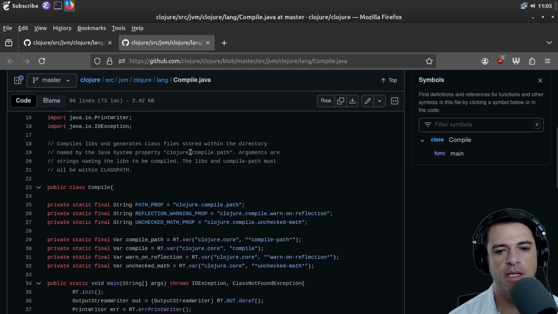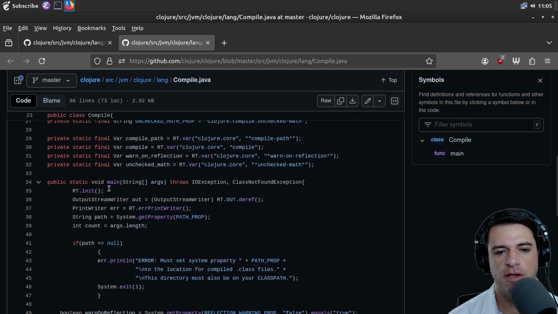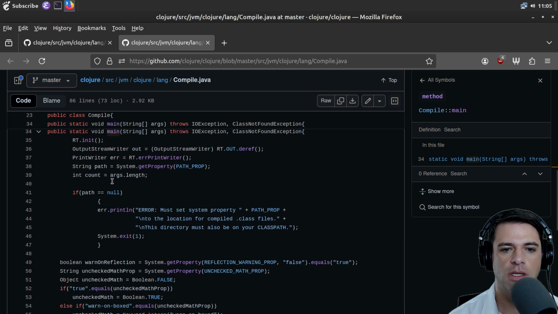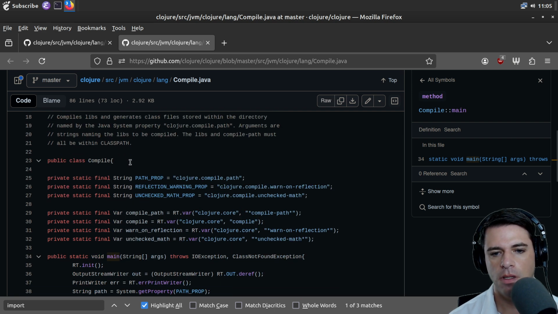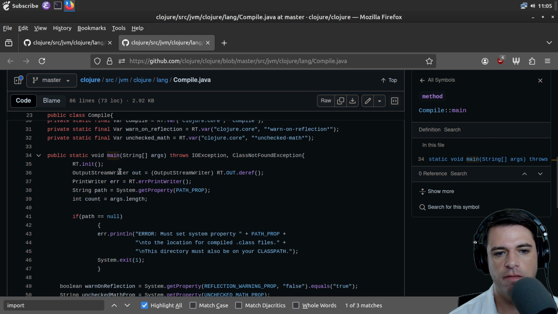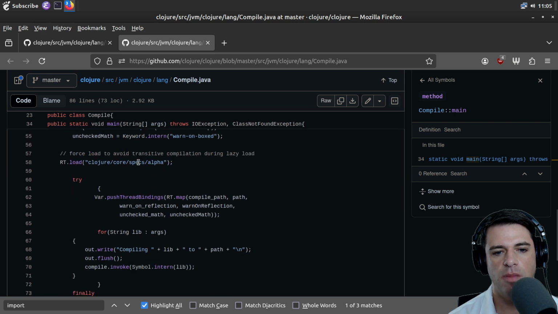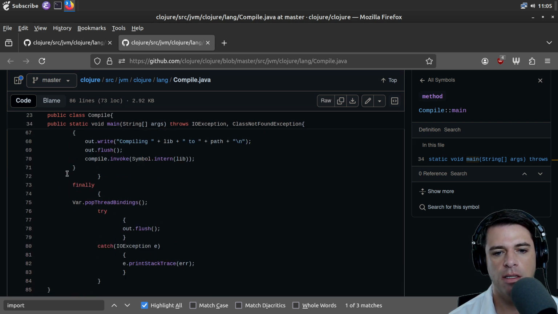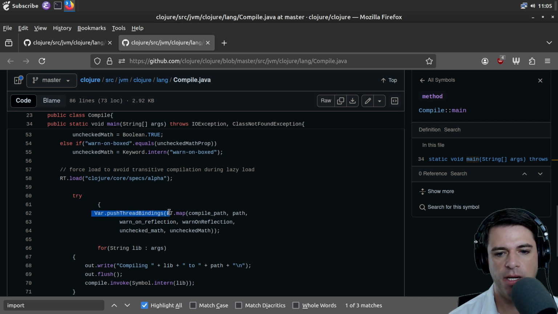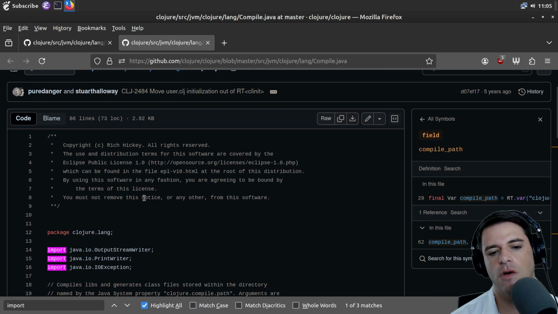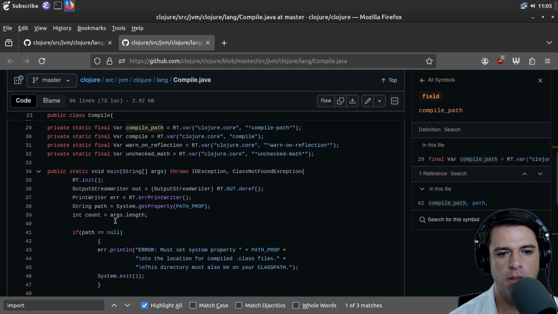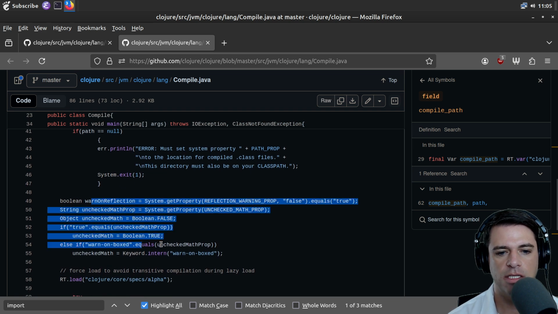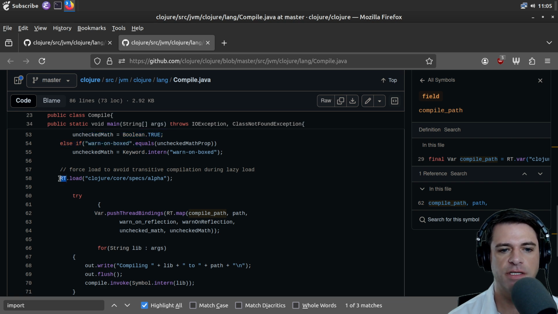Here's Compile.java. And maybe this is the thing that just kicks off the compiler. We've got a main function, so it's doing some execution. I'm going to guess we're importing Compiler. No, we're not. But what functionality do we have? We just have really main. So maybe this is like a thing that you can run on the command line. Var.pushThreadBindings, I think probably RT.map, COMPILE_PATH. So this is the thing that you invoked, I guess, to do the compiling. I don't know why it doesn't import Compiler. I guess it doesn't really matter. Maybe RT has a reference to Compiler.